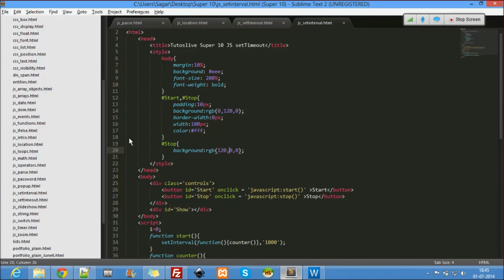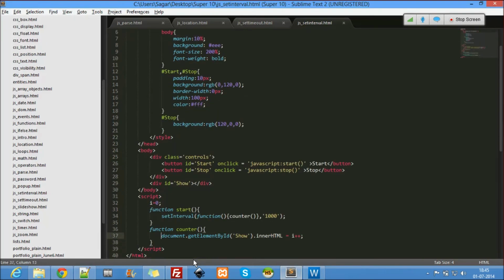Alright, so how do I do it? The thing is, setInterval will always return a variable, a resource variable. That variable is used to control the setInterval. So it will return a value.